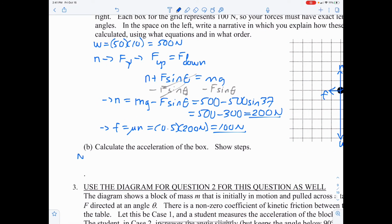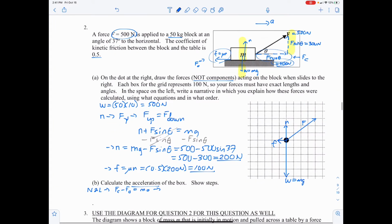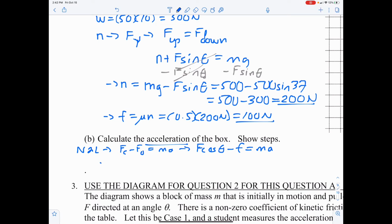So acceleration, I'm thinking I'm going to use Newton's second law. Since we're accelerating masses and forces, we have causing force minus opposing force equals ma. That would be force cosine theta minus friction equals ma. Divide by mass, okay, and we've got the friction. So it's force cosine theta minus friction over